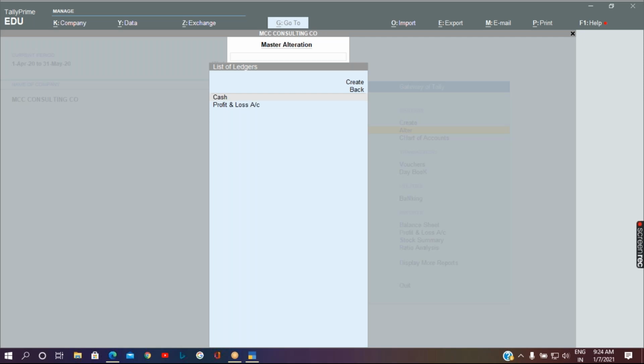Tell me how to pass the transaction. What should be debited, what should be credited over here?